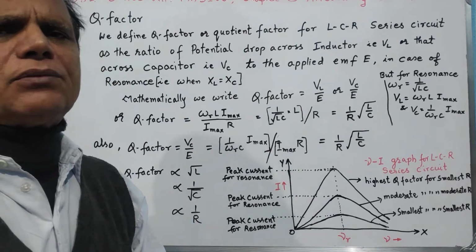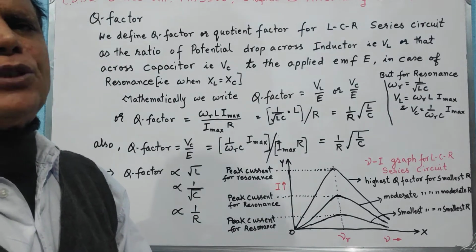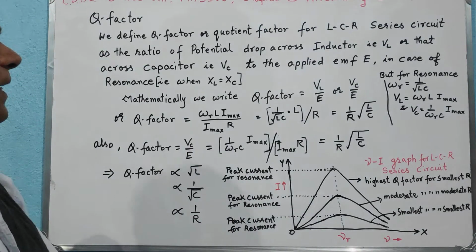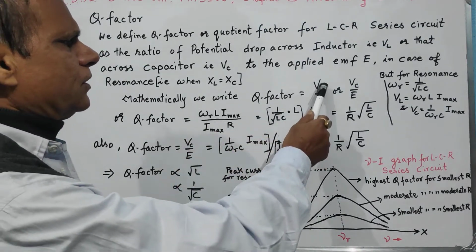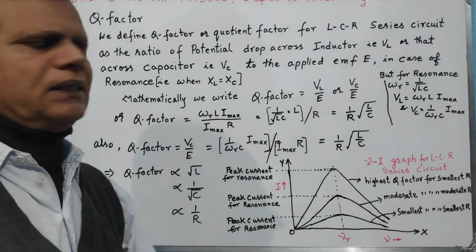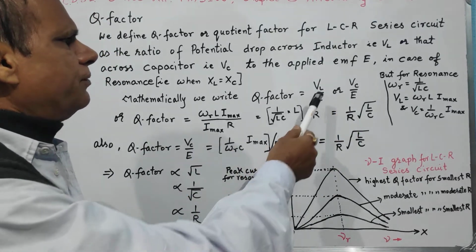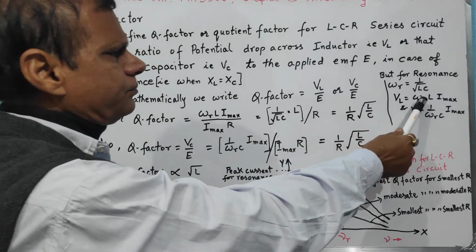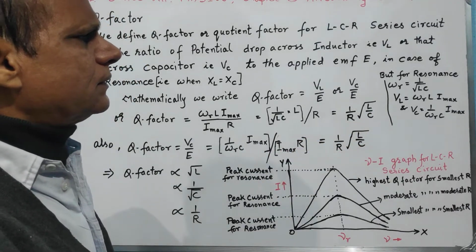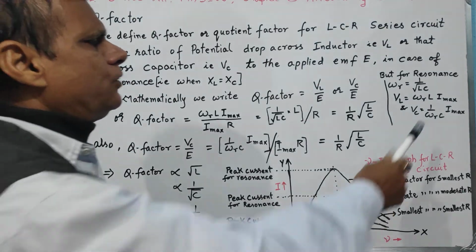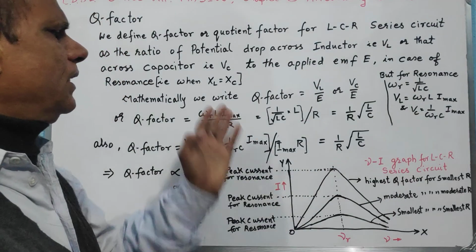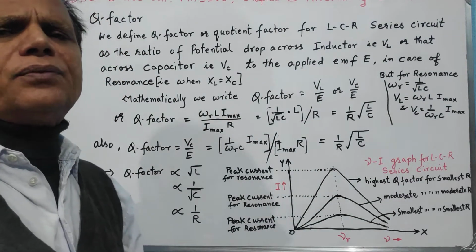In either case we will get the same expression for Q factor. So as per definition we have Q factor is equal to VL upon E or VC upon E. For VL we can write omega R L into I. Why do we write omega R? Because we are talking about the Q factor when